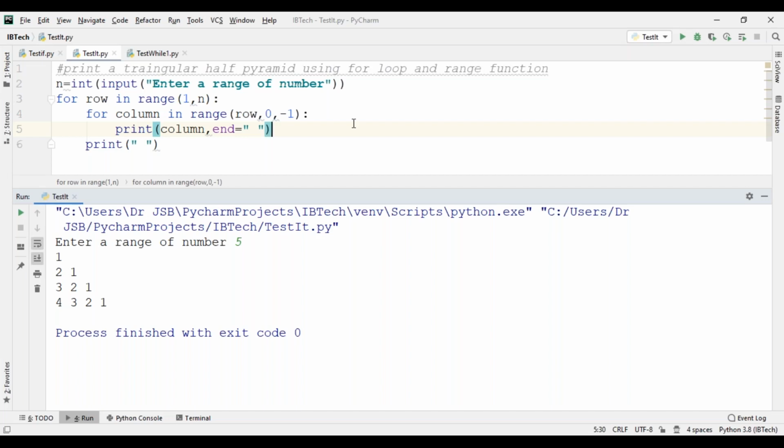Row, column. See, row in one range. The first row value is 1, right? That we are going to transfer to column. So here 1, comma, 0, comma, -1. First you put 0 to -1 location.